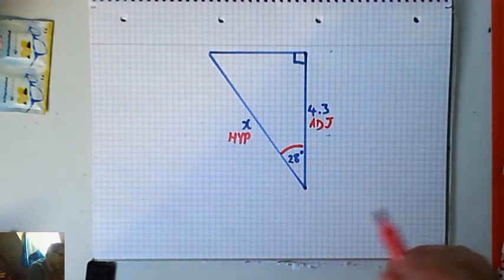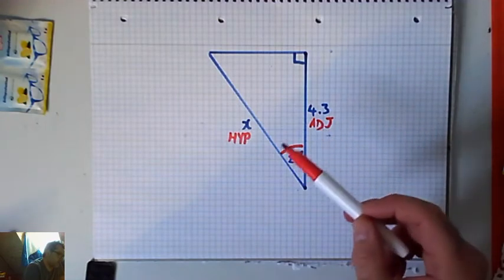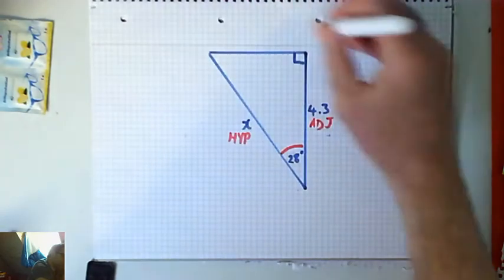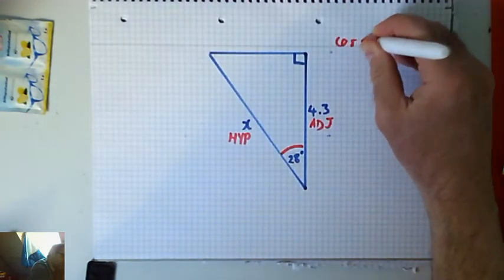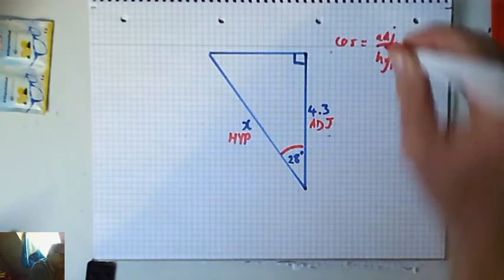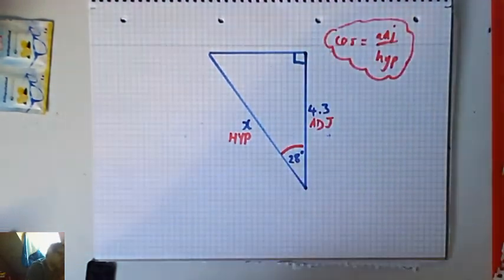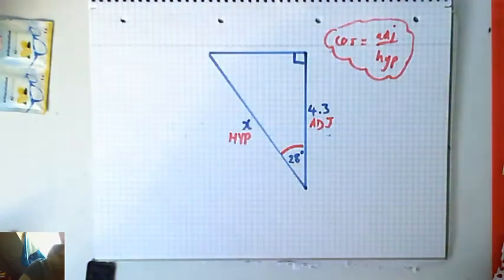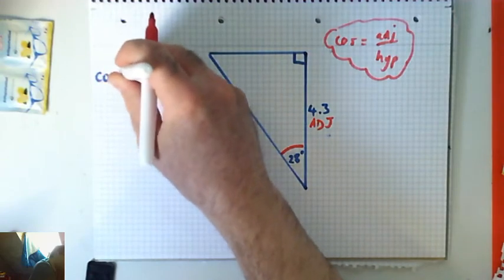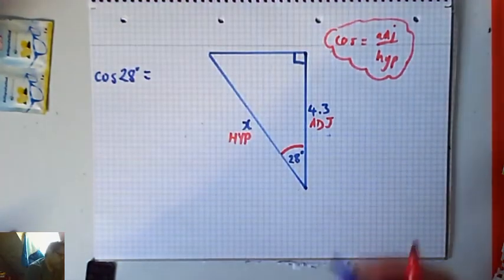So we are using whichever trig ratio involves adjacent and hypotenuse. Now that's cos, isn't it? So cos equals adjacent over hypotenuse is the ratio we're going to use for this one. Applying that to this particular triangle, that means we can say that cos of 28 degrees equals adjacent over hypotenuse,